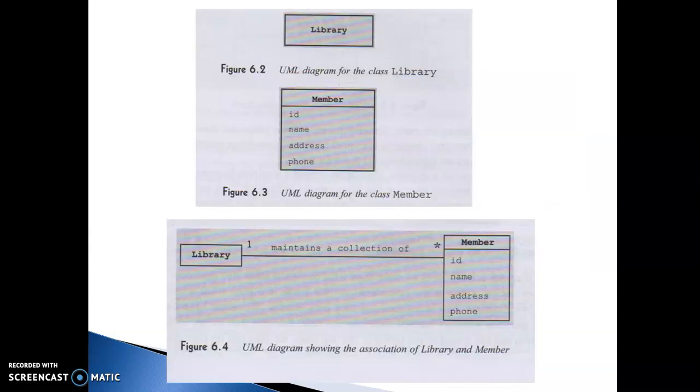What are UML diagrams? UML diagrams are diagrams wherein you have certain classes, and here we have come across the library information system. As you know, in the library information system there will be a library, there are students, there are books.